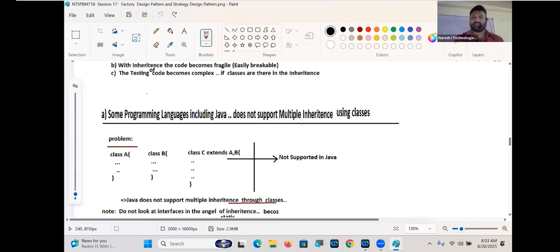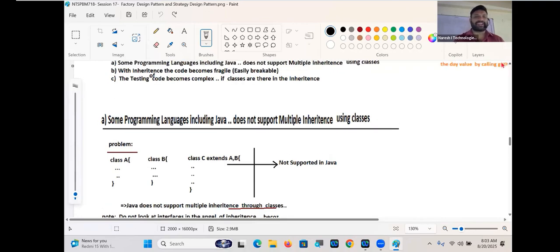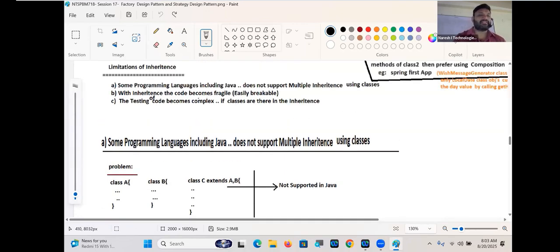Some programming languages. Okay. So first, the first problem. What's the second problem? With inheritance, the code becomes fragile. Fragile, or fragile. Okay. English is a dirty language. You can pronounce however you want. Fragile means what? Easily breakable,